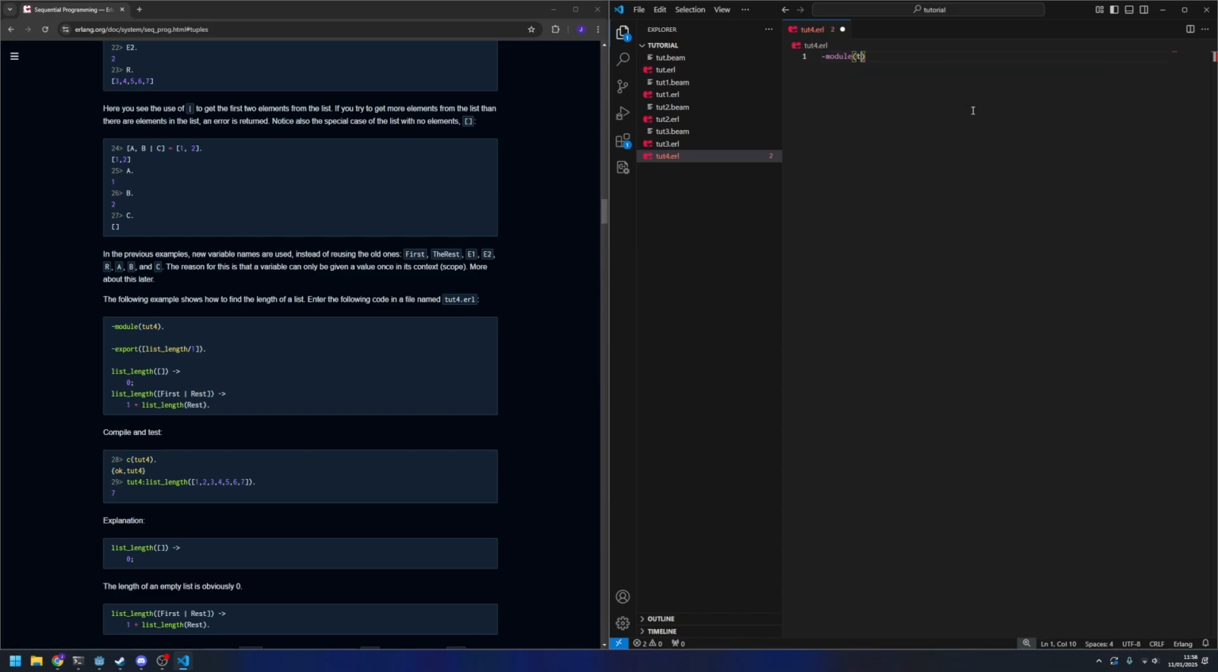I can spell tut4. Nice. Okay. And for some reason this one's got a space between export. I don't know if that's on purpose, but I'm just going to assume it's an accident. Or it doesn't really matter. But we'll just go with list